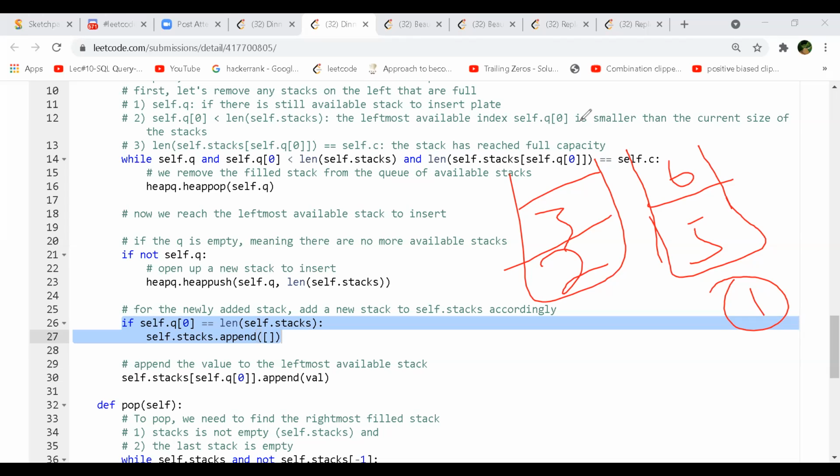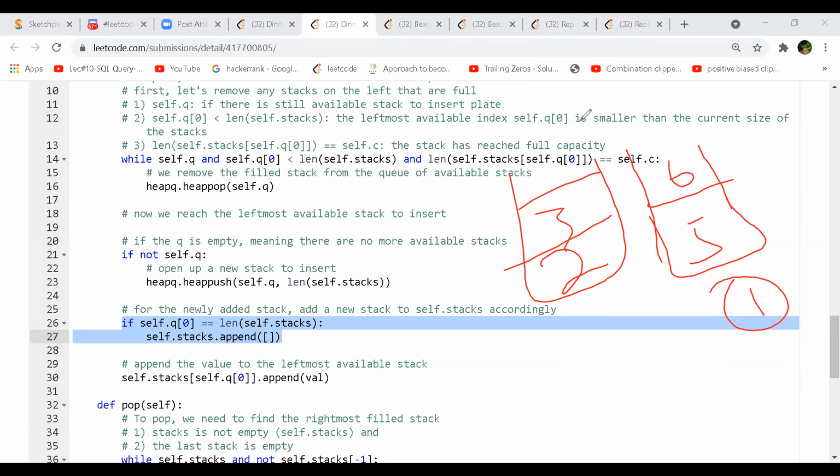Yeah. But if you were coming from pop at whatever that index, so you already had a 6, you just remove it. So you know that your stack 1 has now reduced its capacity. So you can add that to your heap, right? So you can add this index to the heap in two places.